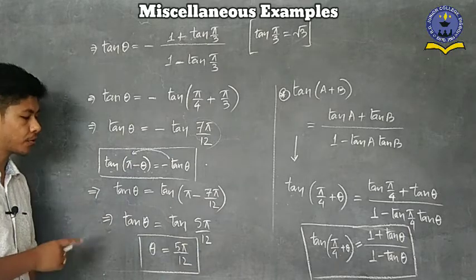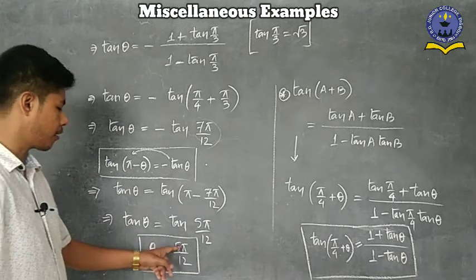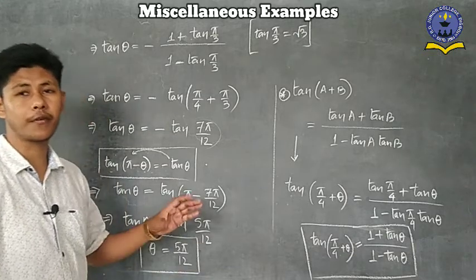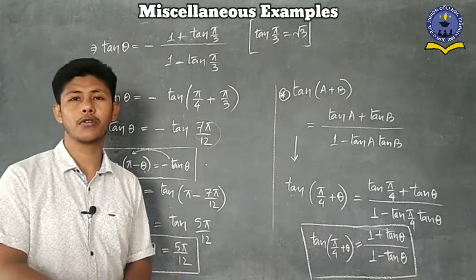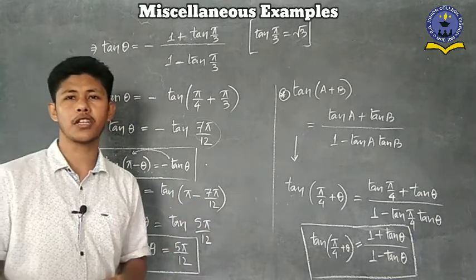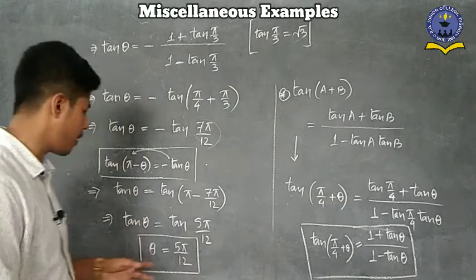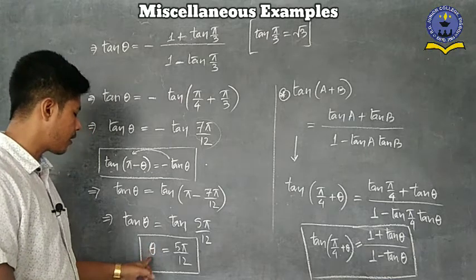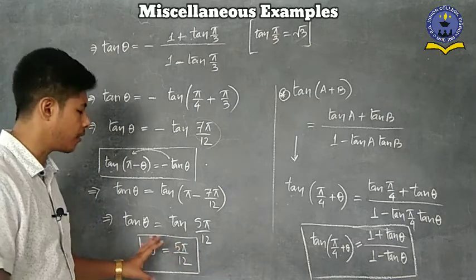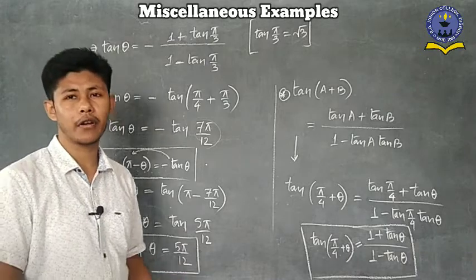Especially for this question, in this type of arrangement we have to do it like this. So theta equals 5 pi by 12. 5 pi by 12 means what? It lies in the first quadrant, isn't it? Because if you see the complex number, root 3 minus 1, root 3 plus 1, root 3 value is 1.73 something, so both values are positive. If both values are positive, then it lies in the first quadrant. So that's why the value we get, theta equals 5 pi by 12, lies in the first quadrant. Is it clear? So this one is the value of theta, and the r value we already got is root 2.